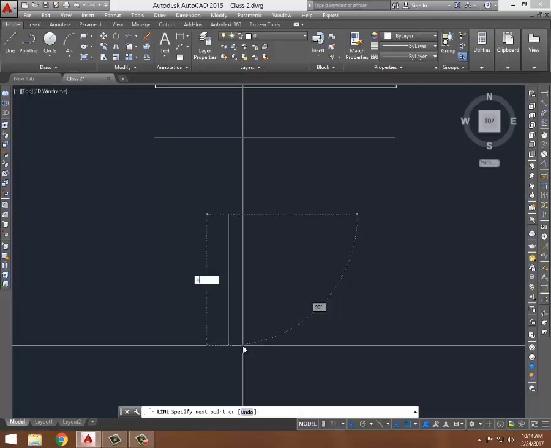For example 4 inch. If you want 4 feet, 4 feet. So if you just regularly press the button, it's going to give you feet. If you hold shift, it will give you inch. So I need 4 feet, enter, and enter to accept the 4 feet dimension, and another enter to just disconnect